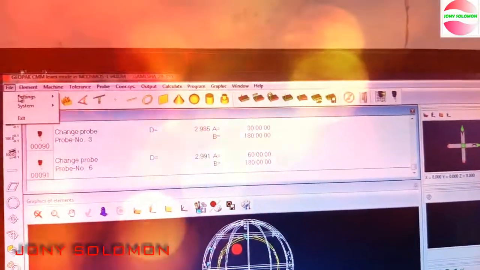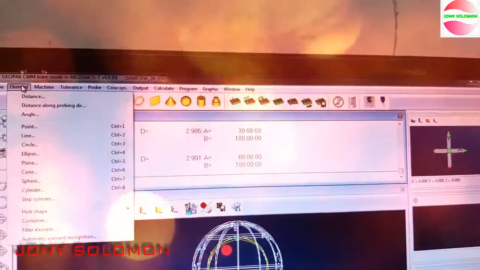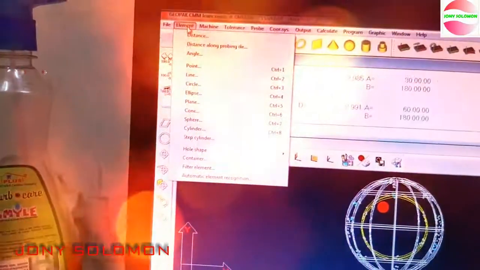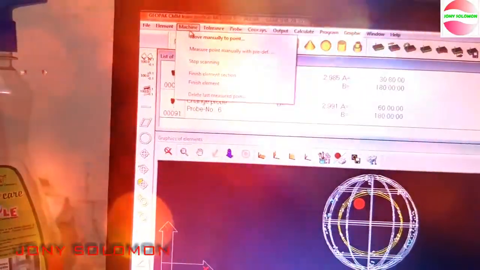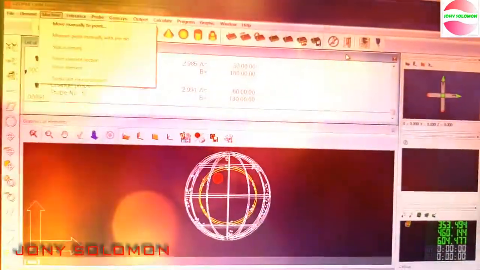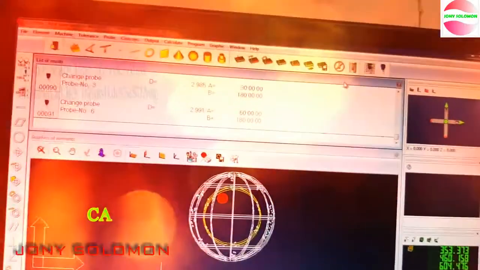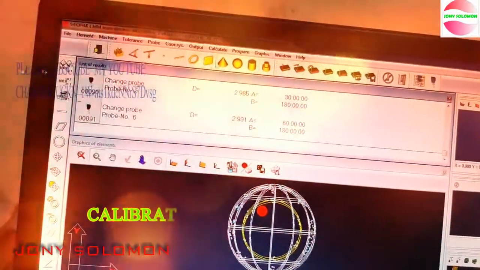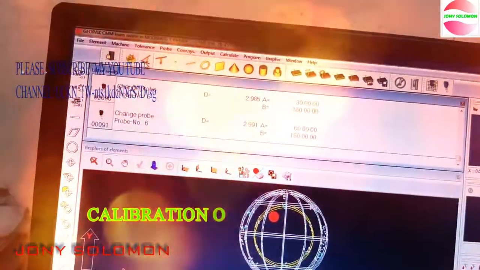In file, you can change settings and get different types of elements. In machine, you can check it, move it manually or automatically. The second is the toolbar, everybody knows.